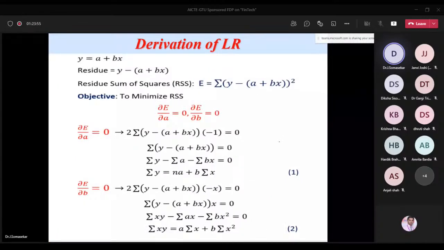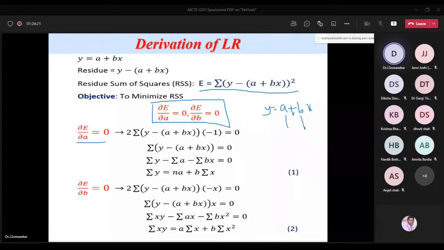Here, what is the reason for applying this mathematics? Just now we explained we have to minimize the error. For that, we have to use partial derivatives. So how to minimize the error? The sum of squares error should be minimum. For that, we have to find the regression model. For finding the regression model, we should know the A value and B value. Because of that reason, we use partial derivatives to minimize. Whenever you want to make a function minimum, take ∂U/∂A. Here A is one parameter, B is another parameter. A is the y-intercept and B is the slope. So ∂U/∂A equal to 0. After using partial derivatives, we get one equation. And ∂U/∂B equal to 0. After using partial derivatives, we get one more equation. By solving these, you will get the B value.